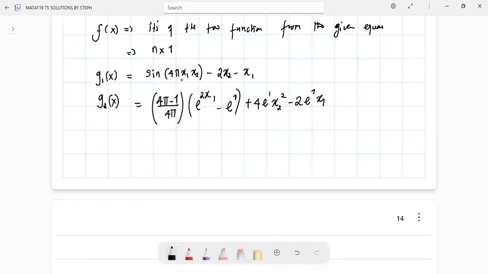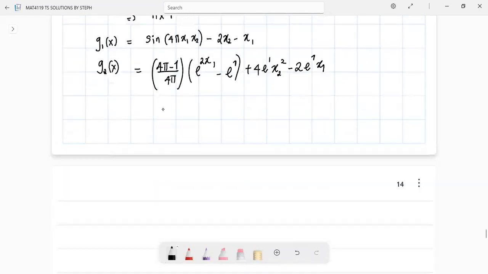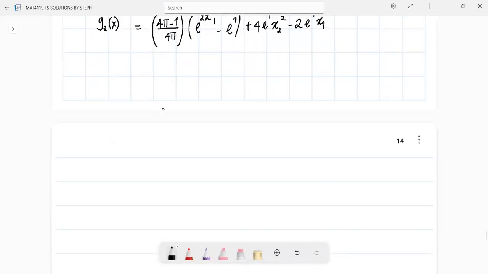Okay, so this is our g2 of x. Now let's take the partial derivative of each with respect to the variable. Let's first find the partial derivative of g1 with respect to x1. If we differentiate that, we get